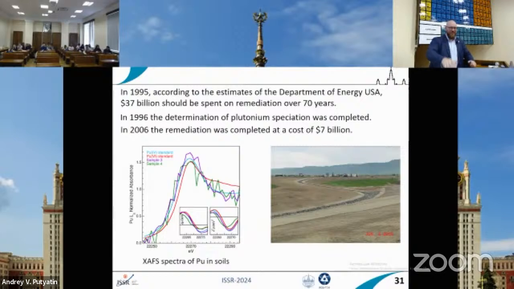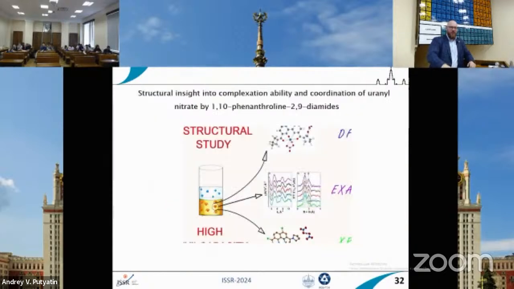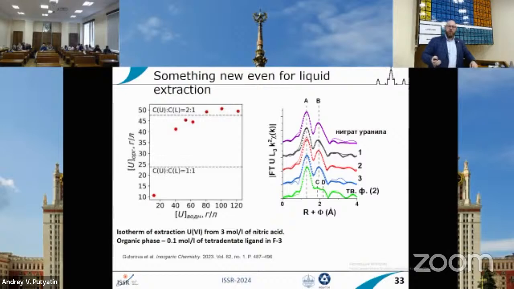Yeah, and this is how the science and analysis can help you. And also this example I already showed you, but I would again stress a bit of attention to this information that we can get from the structural study of the extraction systems. And one of the studies that we can do is an EXAFS study. And with the analysis of the speciation of uranium, in this case uranium extraction by one of the